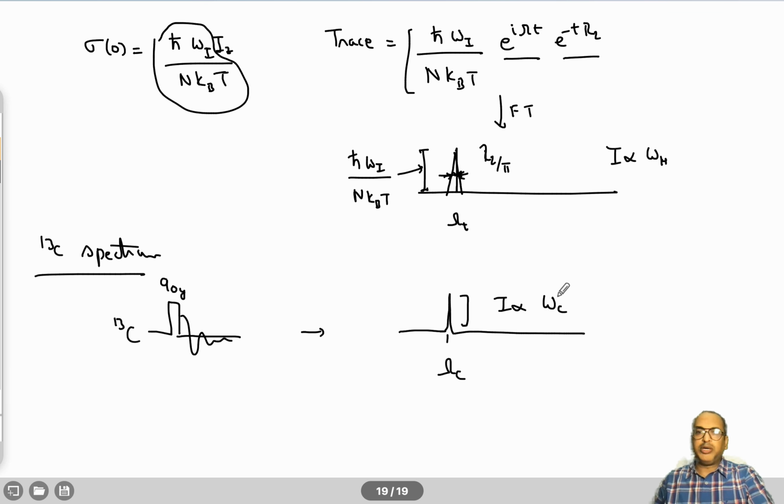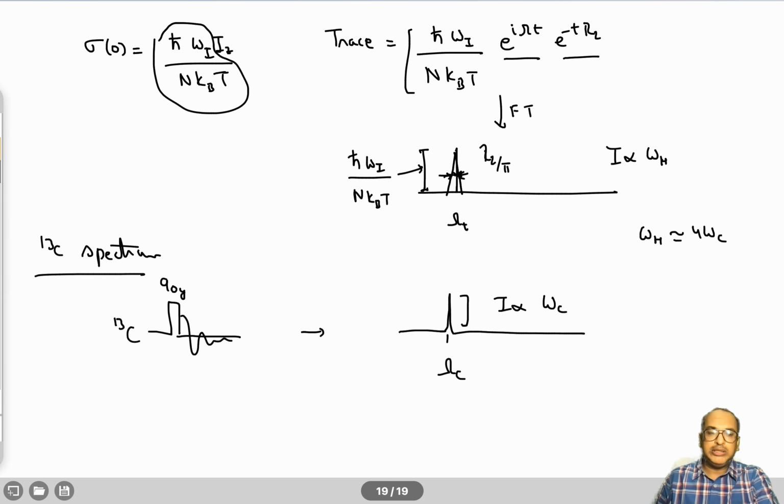So why is this important? Because omega H is approximately 4 times that of omega C, right? So then you lose a lot of intensity when you record a C13 spectrum, right? In addition to population related loss of signal, this omega related loss of signal is also there. So the spectrum has poor sensitivity because the gamma value of carbon is 1/4 of that of proton, right? And this is true for all other nuclei. I have just taken C13 as an example. So this is true for all other nuclei, right?